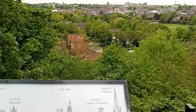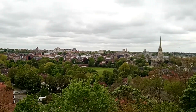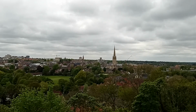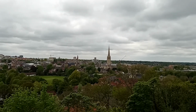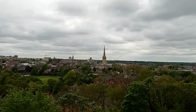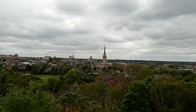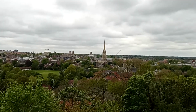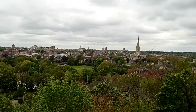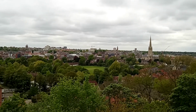So I'll just give you a quick run round what we can see. And coming round to the right here, of course, you've got Norwich Cathedral, and behind Norwich Cathedral is the Roman Catholic Cathedral. So Norwich Cathedral, built as a monastery by the Normans. The Roman Catholic Cathedral is a late 19th century building, and it was created as an enormous parish church and became a cathedral in the 1970s. And then if we come round a bit more, you can see City Hall, and City Hall of course dates from the 1930s,